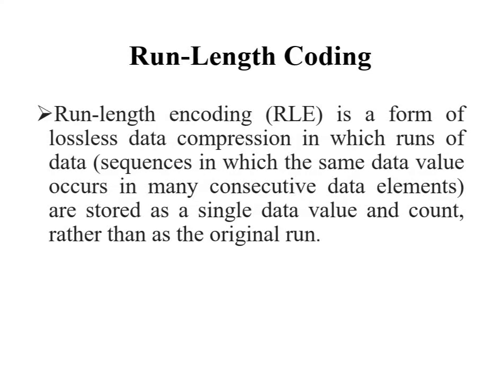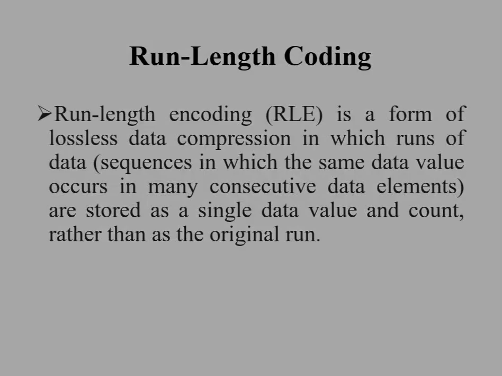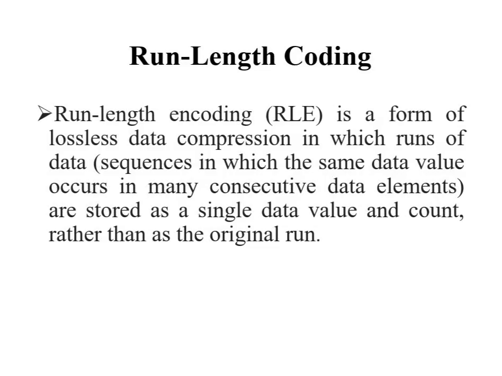In the absolute mode, the first byte is 0 and the second byte signals one of 4 possible conditions, as shown in the table. When the second byte is 0 or 1, the end of the line or the end of the image has been reached. If it is 2, the next 2 bytes contain the unsigned horizontal and vertical offset to a new spatial position in the image. If the second byte is between 3 and 255, it specifies the number of uncompressed pixels that follow, with each subsequent byte containing the color index of 1 pixel. The total number of bytes must be aligned on a 16-bit word boundary.